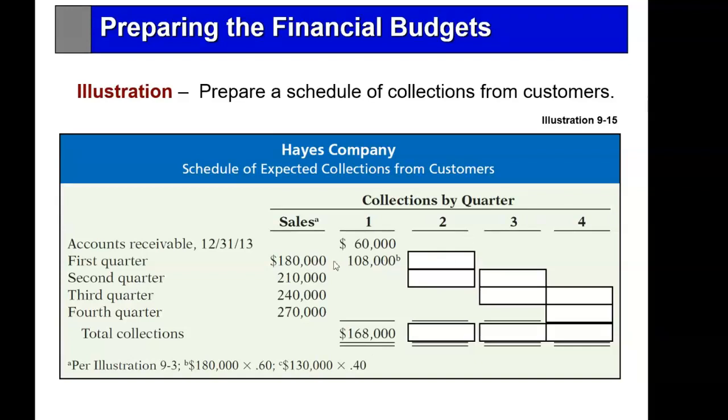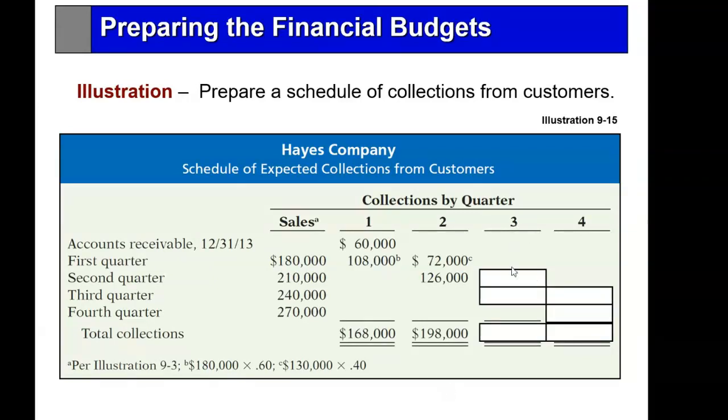Now in quarter two, I'm going to get 40% of the sales I made in quarter one. Okay, quarter one, remember, 60% of sales I get in quarter one and 40% in quarter two. And the same with the sales in quarter two. The sales in quarter two were 210. I'm going to collect 60% of that in quarter two, in the month of the sale, and 40% in the following quarter, not in the quarter of the sale. So in the second quarter, I expect money coming in of 198,000.